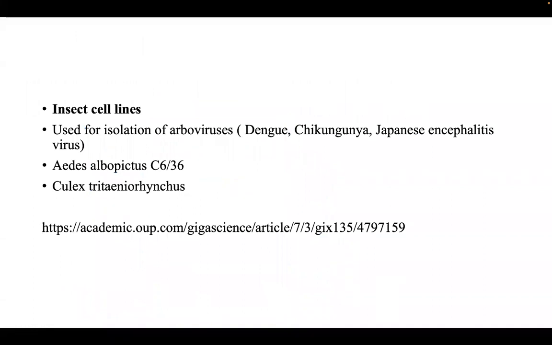So insect cell lines are also newer formats, and they are used for isolation of arboviruses such as dengue, chikungunya, and Japanese encephalitis viruses. Examples of insect cell lines include the Aedes albopictus C6/36 and the Culex tritaeniorhynchus. This is for cultivation of the Japanese encephalitis virus, and the Aedes albopictus is for cultivation of dengue and chikungunya